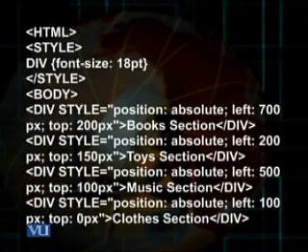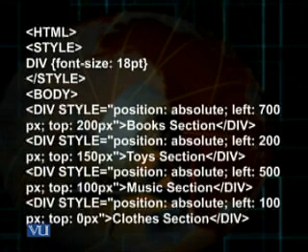First div tag, inline style, and I use this property with the keyword position. Position absolute, then left 700 pixels, top 200 pixels, and I enclose the words books section, and the div tag is closed.